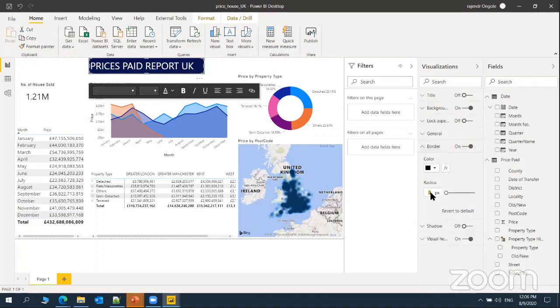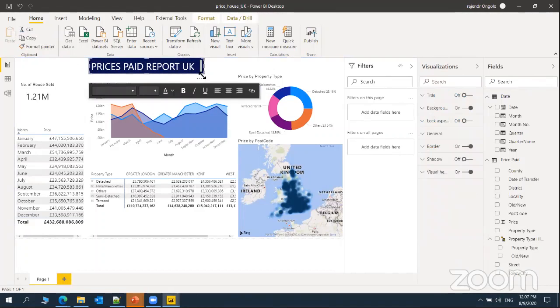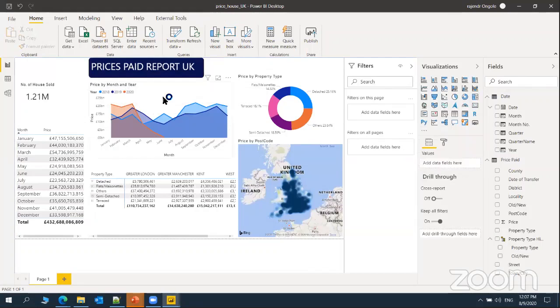Just enable this radius with 10. So in this way we can build the report.